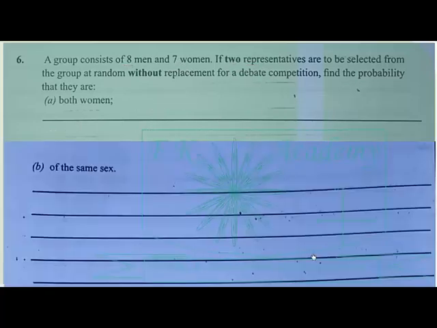Then the B part says the probability that they are of the same sex. If they are of the same sex, then it means